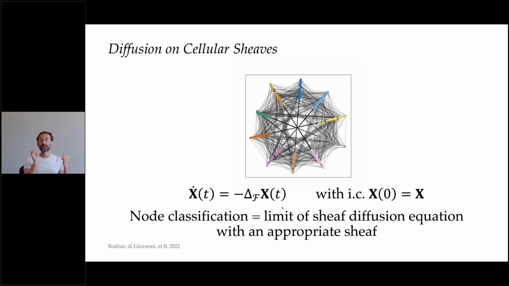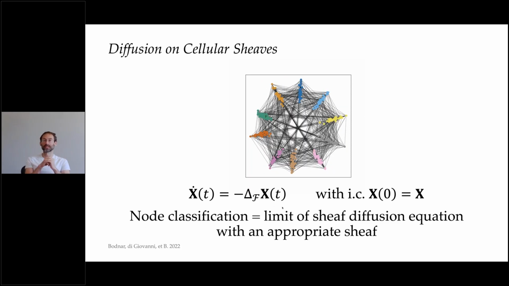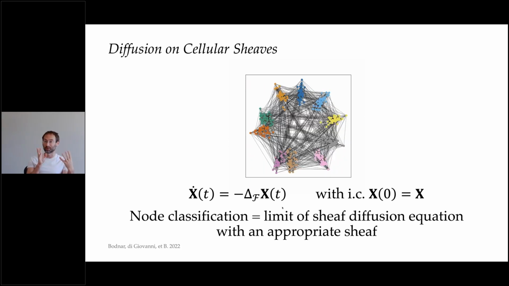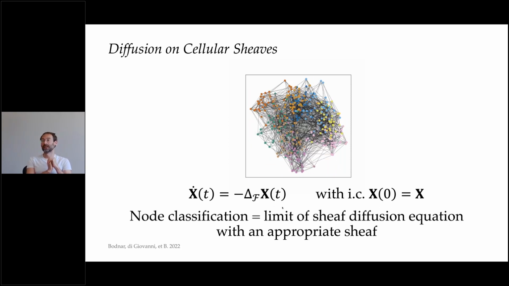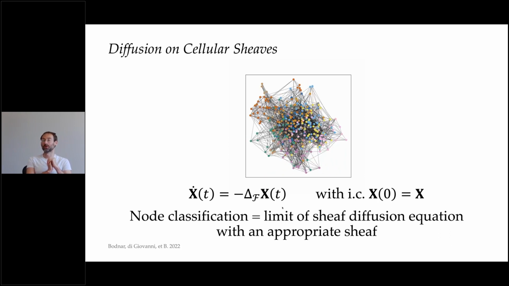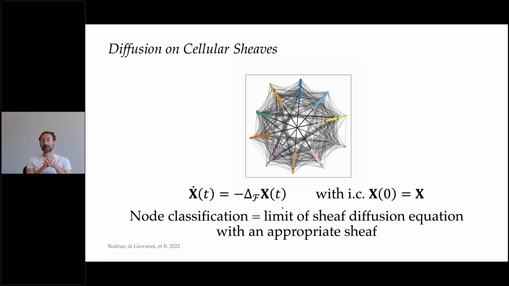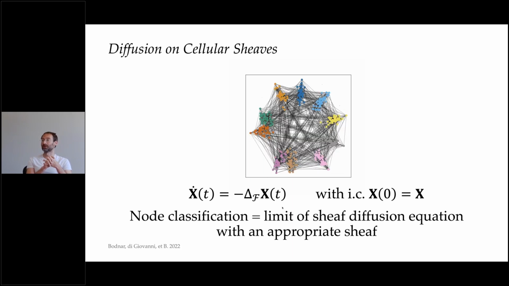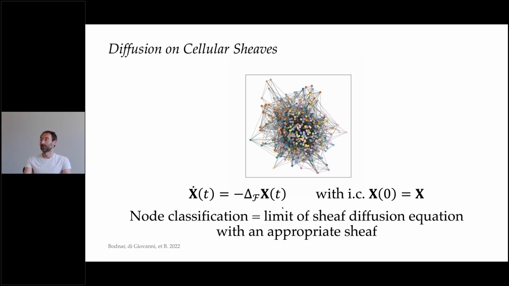You can think of it in terms of expressive power. This is a different approach that doesn't stick to the classical Weisfeiler-Lehman hierarchy and basically considers a different process, a physical process on the graph, maybe with this exotic geometry, that allows us to reason about the expressive power of graph neural networks. This was a recent paper that we authored that studies different classes of sheaves and how they affect the expressive power of graph neural networks.